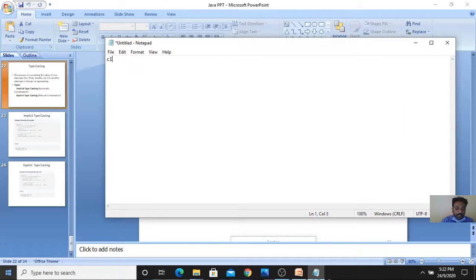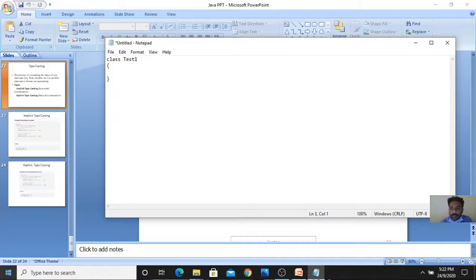I will create a simple class, that is test1. I have created a class, class test1. The class has one opening brace and a closing brace.